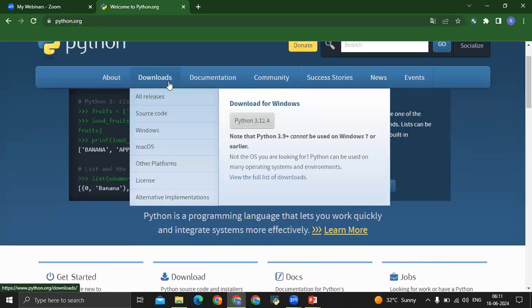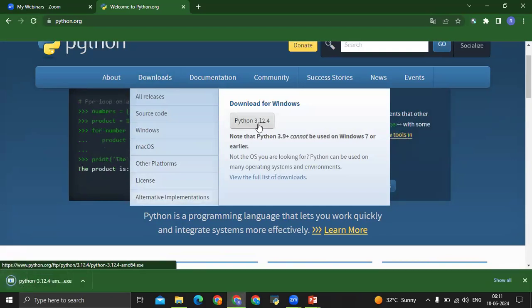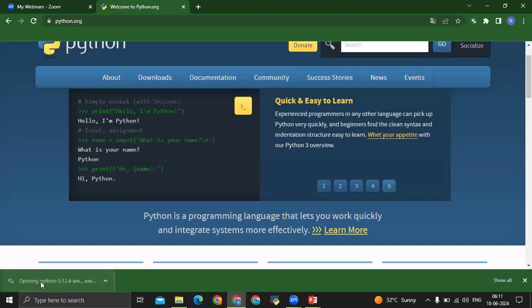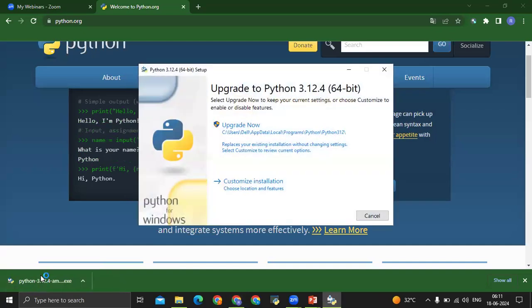When we go to the downloads, here we can see all the releases: source code, Windows, macOS, other platforms, license, alternative implementations. Now, for Windows, we need to click Python 3.12.4. Just click on this link. It will start downloading.